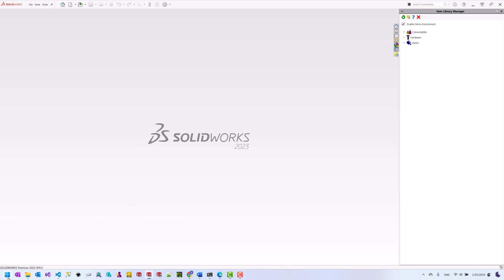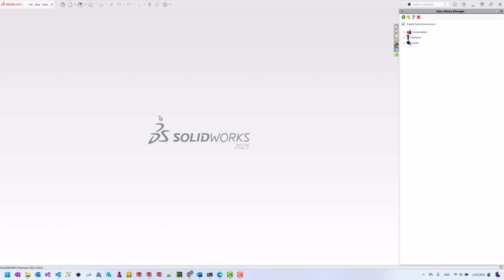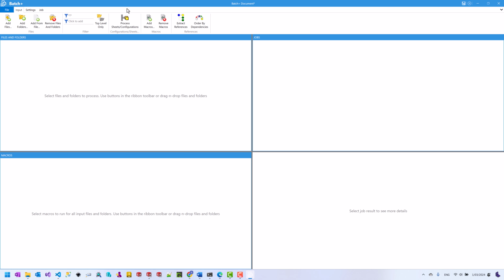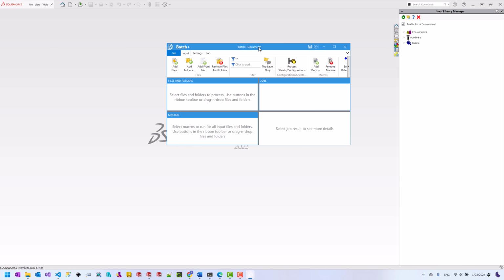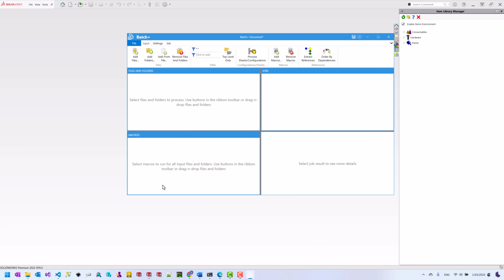So what I need to do is start the Batch Plus utility, which is a standalone tool which can be found in the program files. When you click on that, you're able to configure your working area. So we're going to create a new job, and here you need to specify what we want to export. You can just drag and drop a folder, for example, and run this macro on the folder, but you can also run the macro based on an assembly's references. So let me just drop the assembly over here,